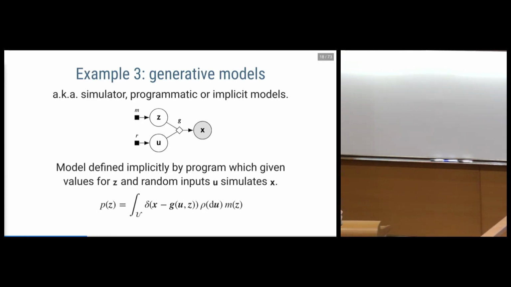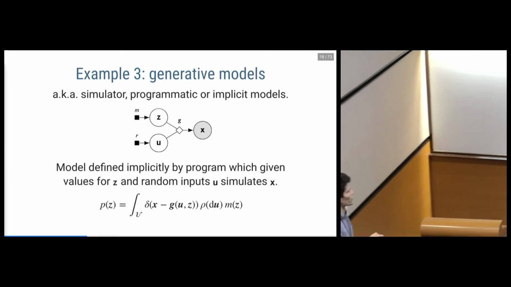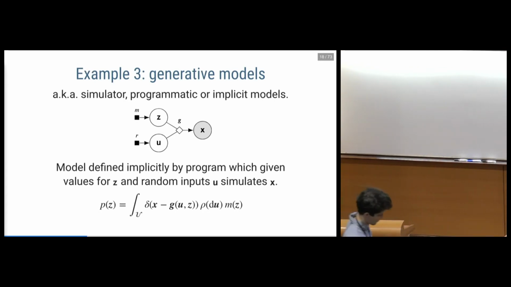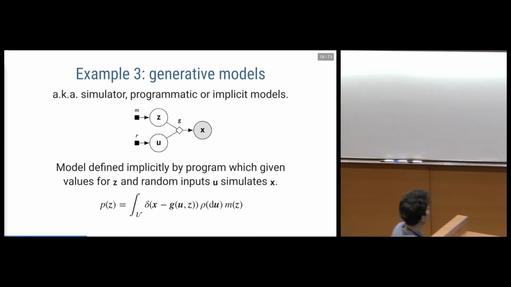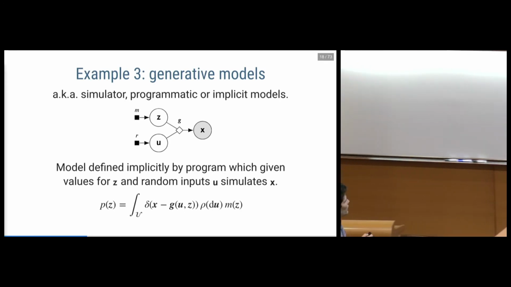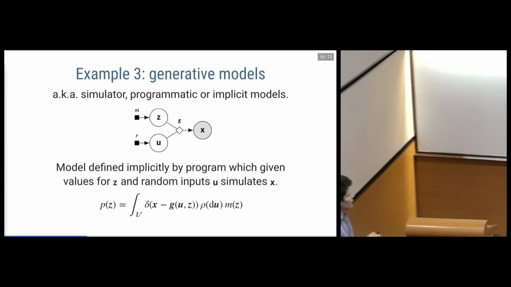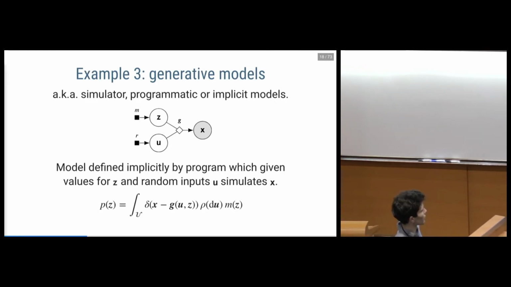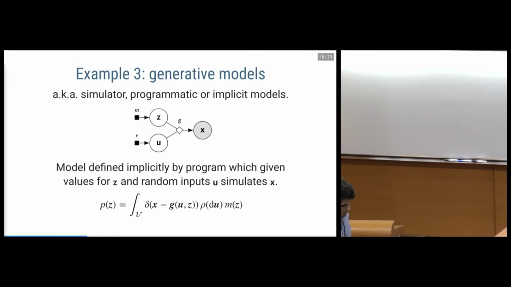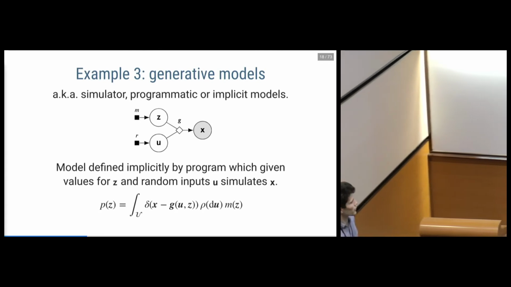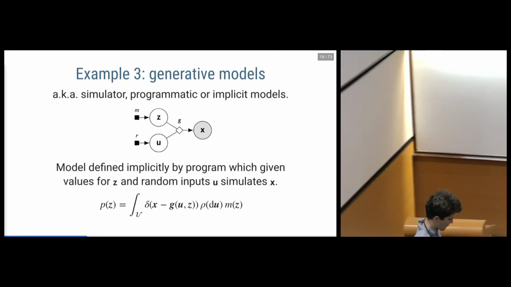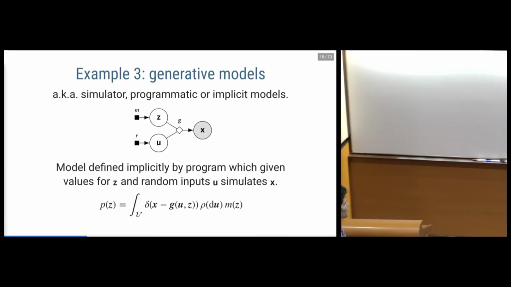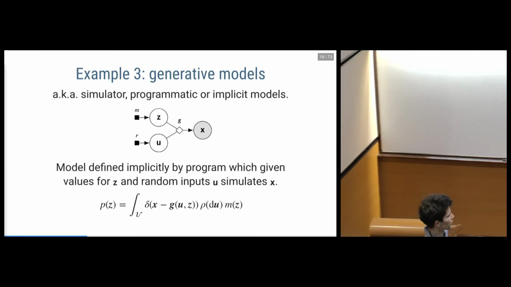So in general, this might not even define a density with full support across the reals. So this density might not be defined with respect to the Lebesgue measure. If we ignore that class of models, even if we think the density does exist, obviously this integral here, if this g is a complex nonlinear function defined by some sort of computer program, is not going to be simple to evaluate. And so people have tried to come up with various approximations to this density, which we might be able to use more tractably within inference.